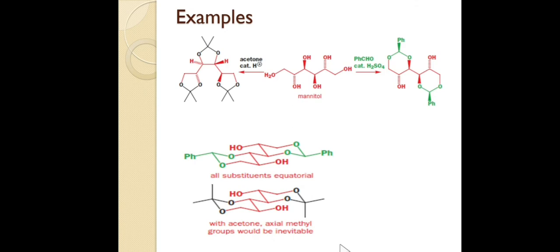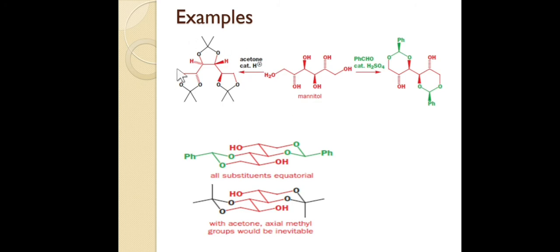So here is one example for you guys. This is a mannitol, having 1, 2, 3, 4, 5 and 6 OH groups. Okay, there is a mistake over here. There are 6 OH groups in this, and if we treat this molecule with acetone, see the magic. All 1,2 diols are protected. Okay, these two are protected, these two are protected, and lastly these two. So all 1,2 diols are protected.